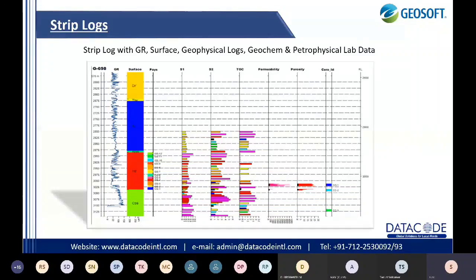Here I would like to give an example. If we are working in iron ore and we are creating a strip log, in iron ore you can see the geophysical log of gamma or resistivity, then lithology. Then for iron ore exploration, we do the sample analysis of Fe2O3, SiO2, Al2O3, CaO, Na2O, K2O. That kind of parameters you can see here,